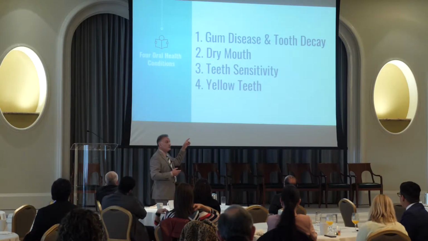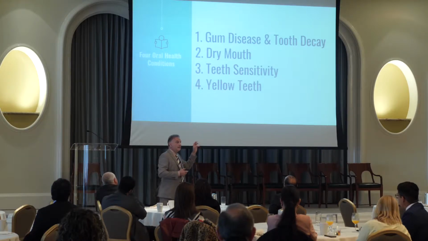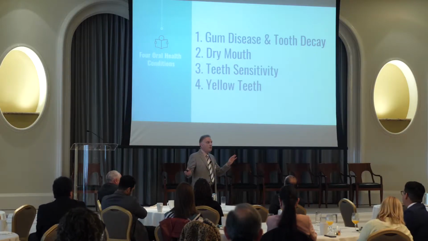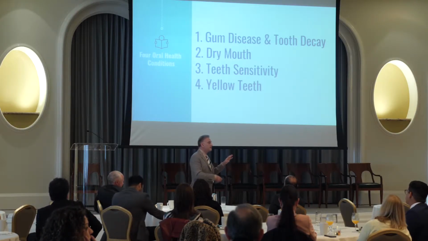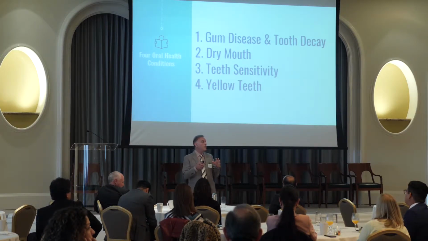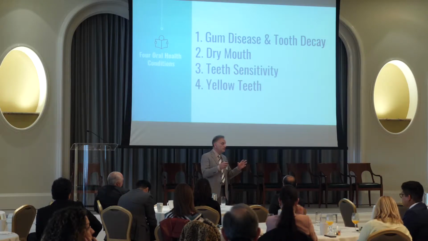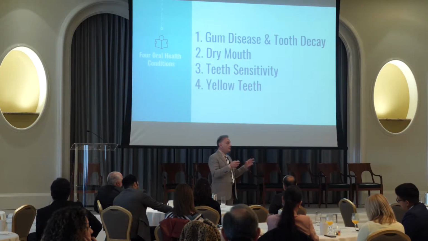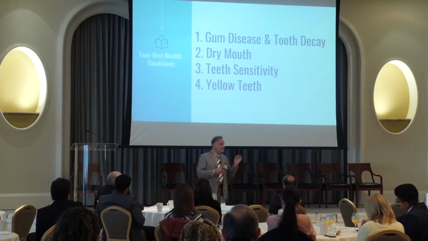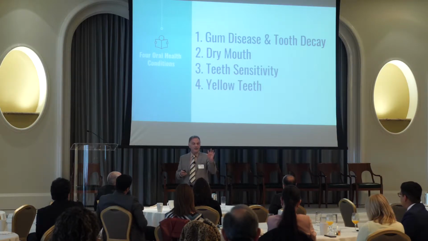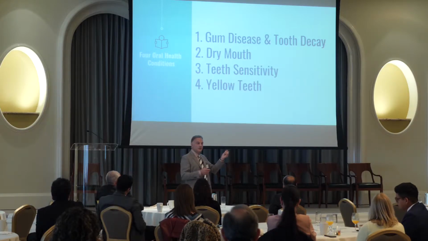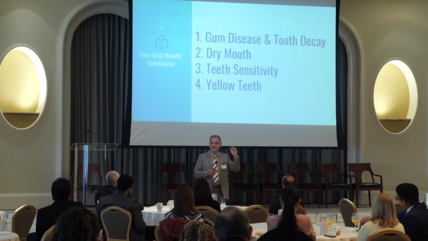So dry mouth, and then we're talking about teeth sensitivity. A great portion of the teeth sensitivity is, a small portion is the gum recession, root exposure, enamel erosion, but a huge part of it is also the whitening products that are being used since 1982-83 because of using hydrogen peroxide in different whitening systems, but more importantly, in the mouthwash, in toothpaste. So on a daily basis, people are using products that have hydrogen peroxide that is increasing the sensitivity in their mouth.